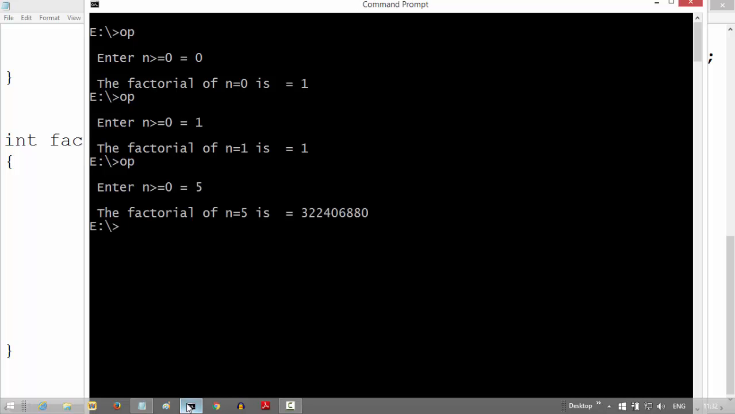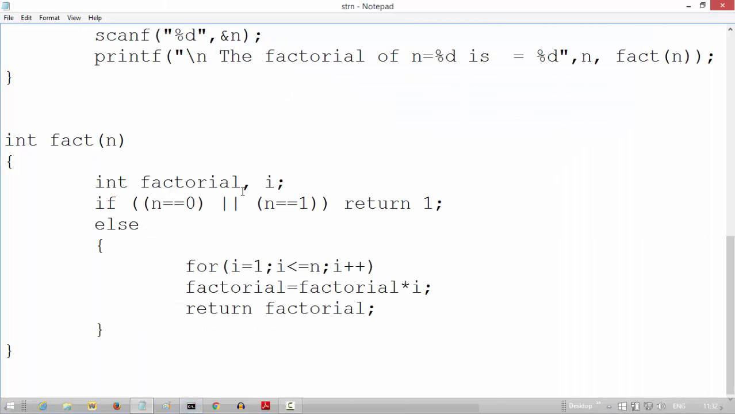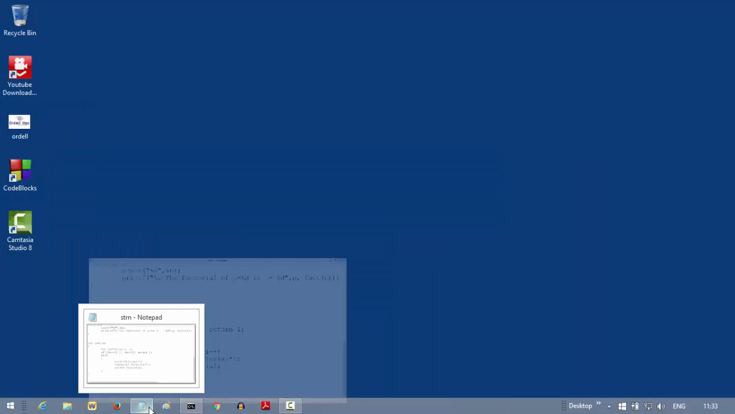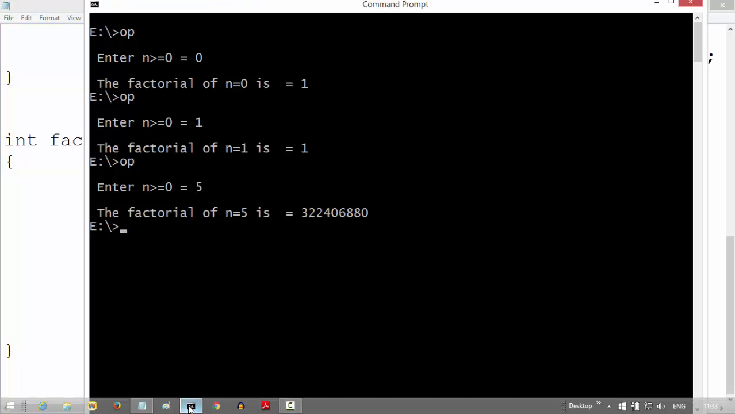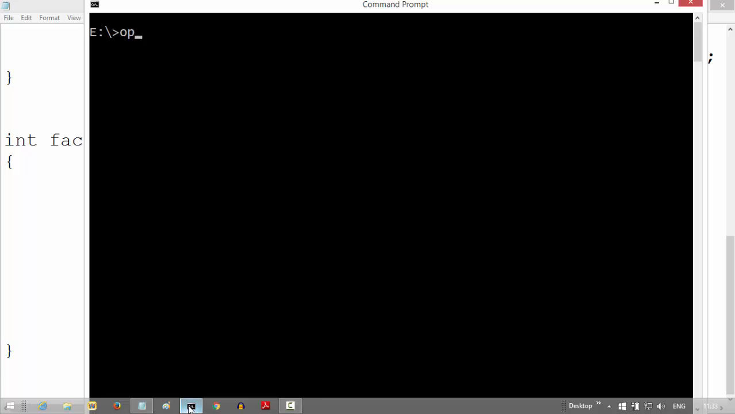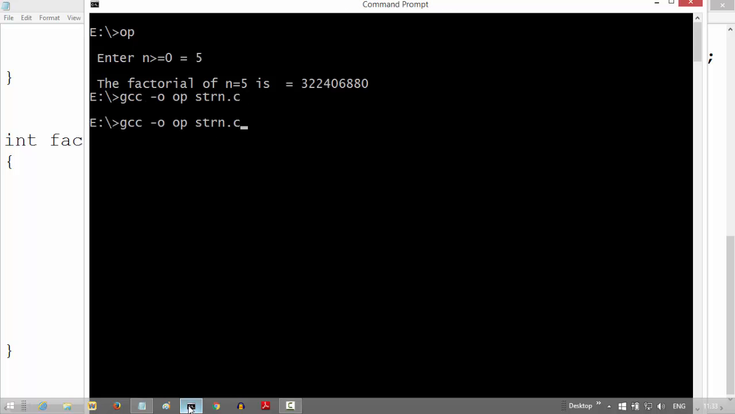Oh, so this is an error that we are getting. Let us go back and check why we are getting this error. That is because I have not initialized it. I'll initialize it to 1, otherwise it will be initialized to junk, because it's a local variable. All right, then I will say 5. Oh, did I compile it? No, now I have compiled it. So op5 is 120. I think we are getting it perfectly fine,